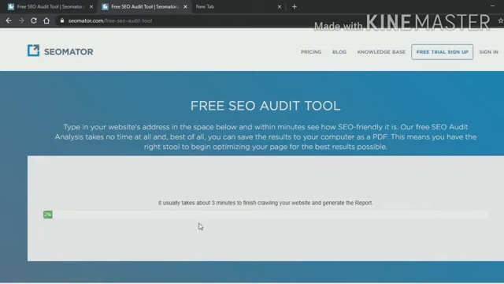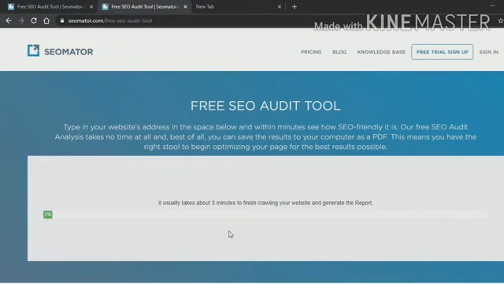Okay. So see, you will get the message. It usually takes about 3 minutes to finish crawling your website and generate reports. Now here is 2%, then it increases and goes up to 100%, and when this finishes we get the audit report regarding the provided website. And when we get the report, we will have different types of suggestions with the screenshot of the website.